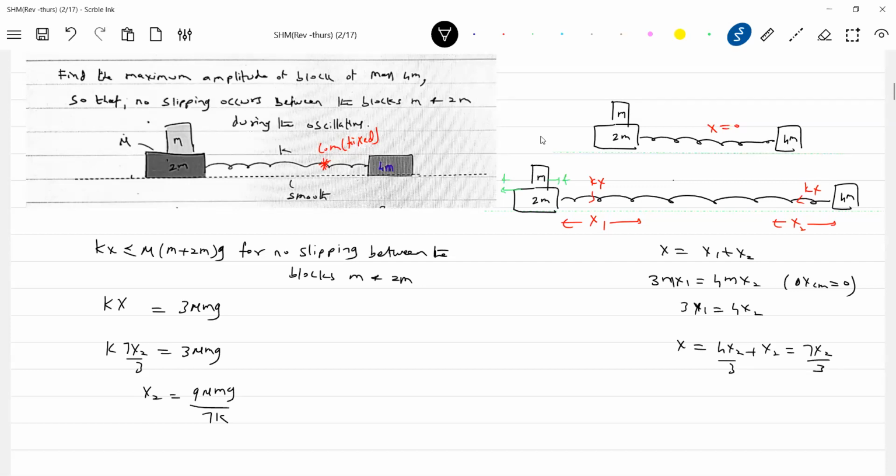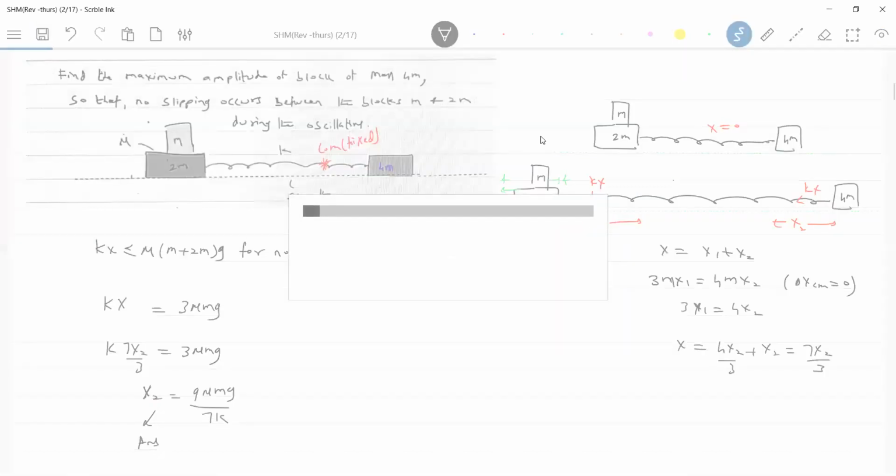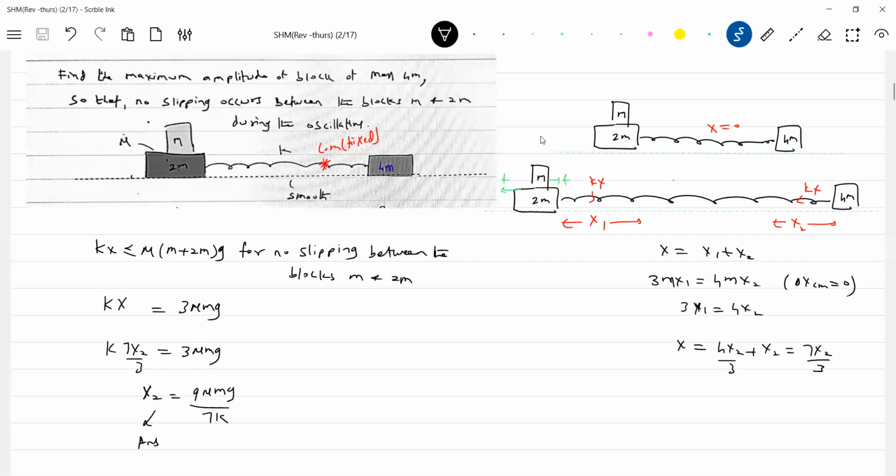If the displacement of the block comes to this, I'm going to stretch the string. If it becomes more than this, slipping will occur. So how much I should stretch the string is what this condition he has put. Like that for x1 also we can put a condition, and that will determine x. Okay, this will be our answer. Some block upon a block concept and reduced mass are both introduced here. Net work done by friction.